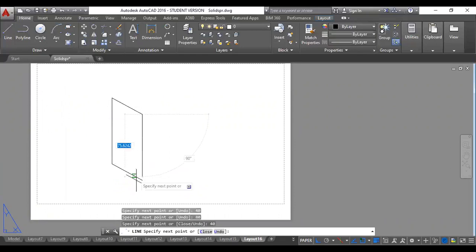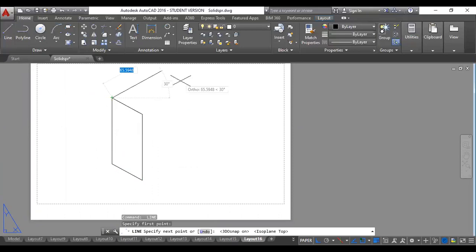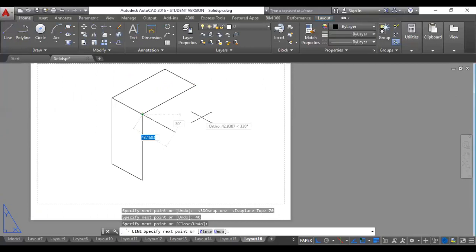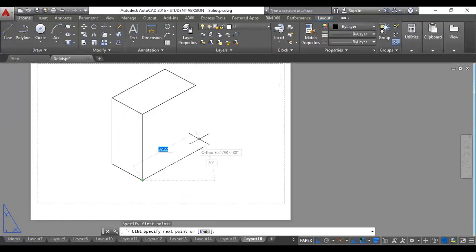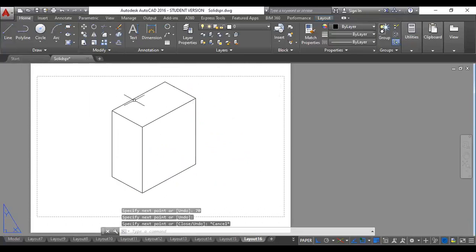So 40. So I'm drawing it in one of the right planes. Okay. So F5. So let us say this is 70, 40, back to here. So from here, 70. I'm just taking some random dimensions. You can take any dimensions. So let us say this is one square prism. On the front face of this, a cylinder is extruded, right?